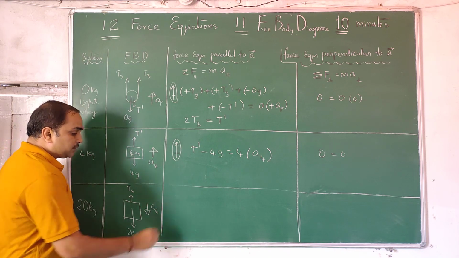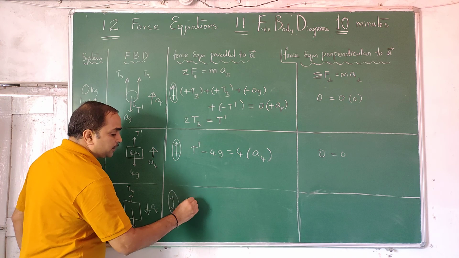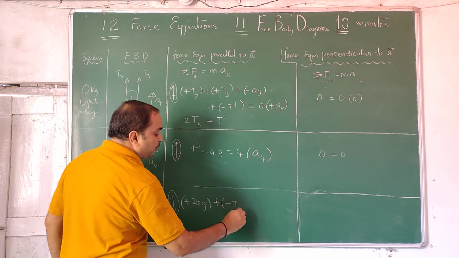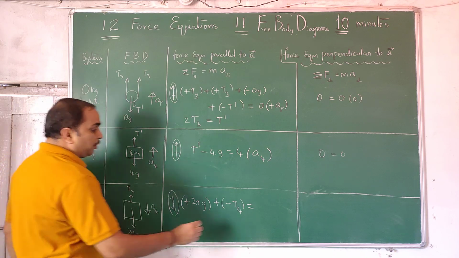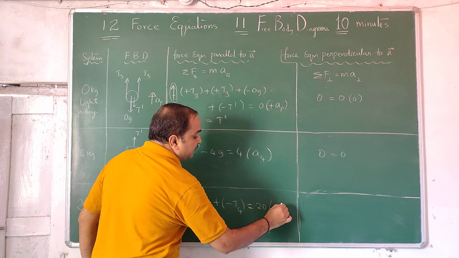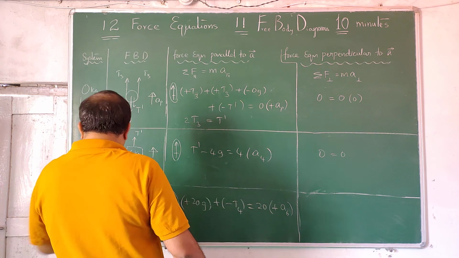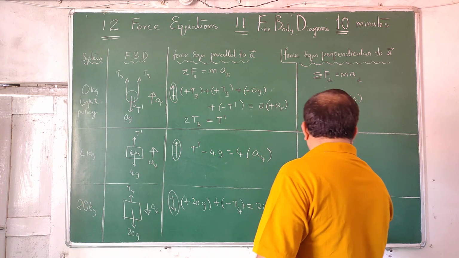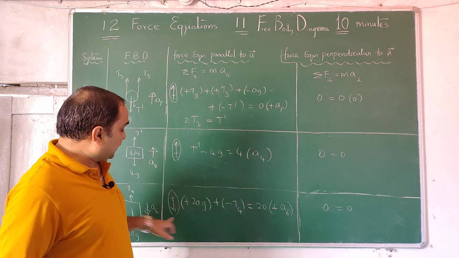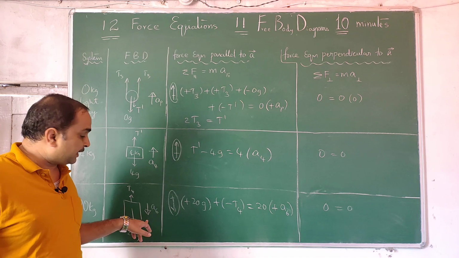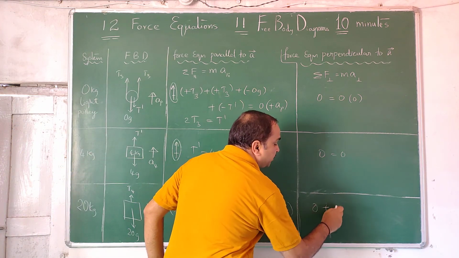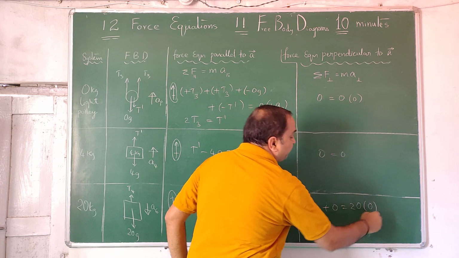So this time 20 g is downward. Say downward positive: plus 20 g plus of minus upward force T4 is equal to mass of the block 20 kgs, accelerating down we have taken positive, plus A6. In perpendicular direction to the acceleration, there is no force, 0 equal to 0. Actually, you are right. This force to be 0 in that direction, this force to be 0 in that direction, this acceleration to be 0 in that direction. That is a proper equation. Proper equation is 0 plus 0 is equal to 20 times 0.